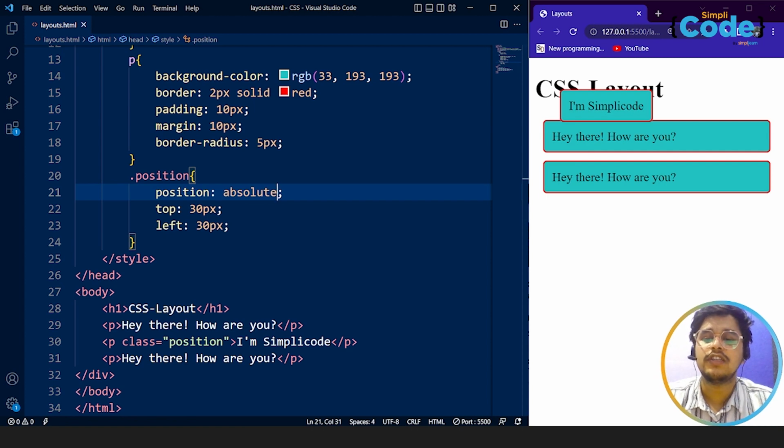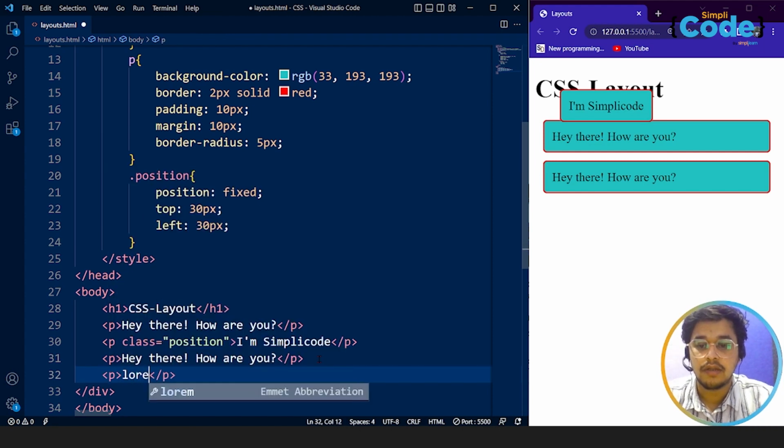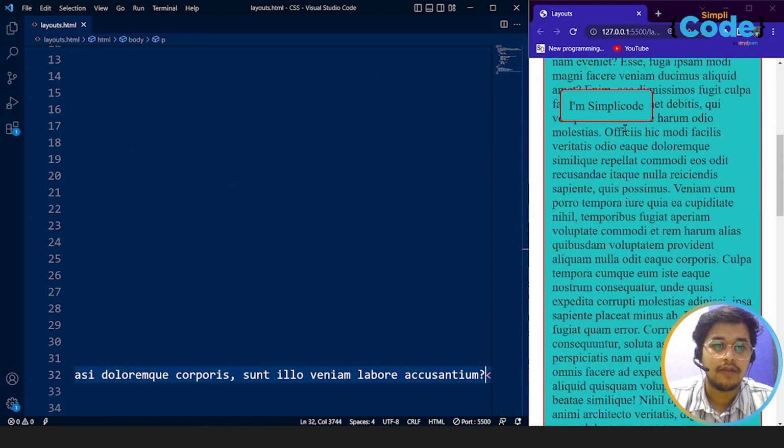Fine. Fixed positioning is the next value. Fixed positioning removes an element from the document flow in the same way as absolute positioning. So that once the element is removed, instead of offsets being applied from the container, they are applied from the viewport because the item remains fixed in relation to the viewport. So if we write over here fixed, save it, and now add a paragraph over here. Let's do it. So we are going to write here lorem 500, save it,